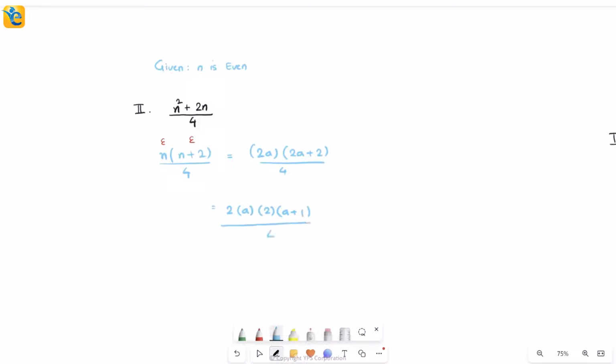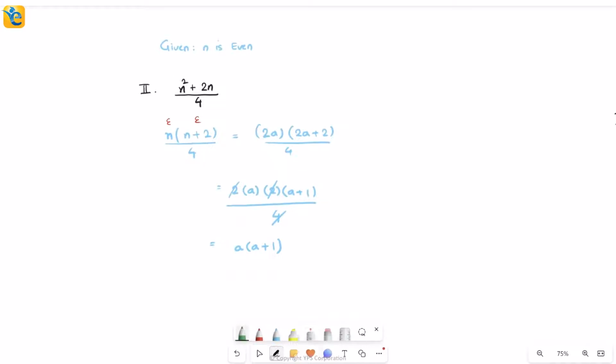And if I take both of those 2's out, I can clearly see that the 4 in the denominator gets cancelled. As a result, what you're left with is the product of two new integers, a and a plus 1. Now, no matter what they are, even or odd, there's one thing I know for sure, that this is the